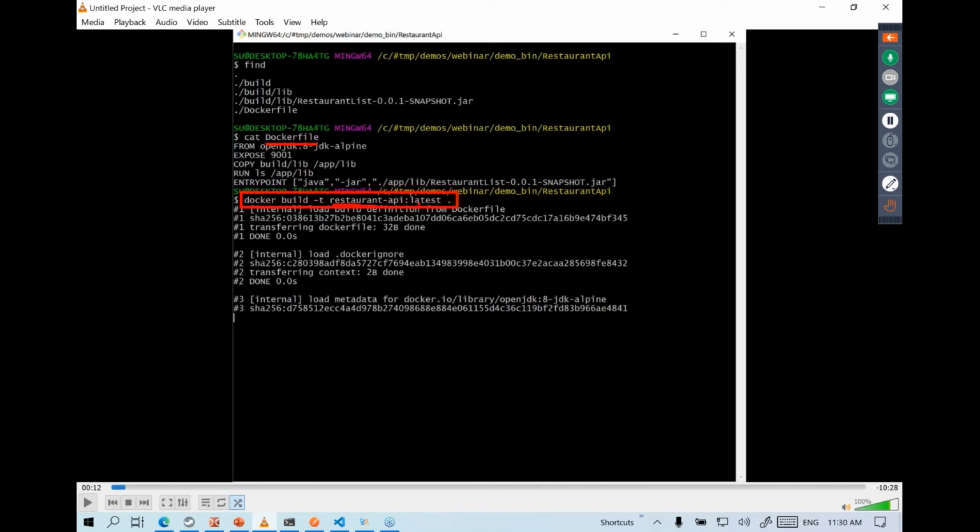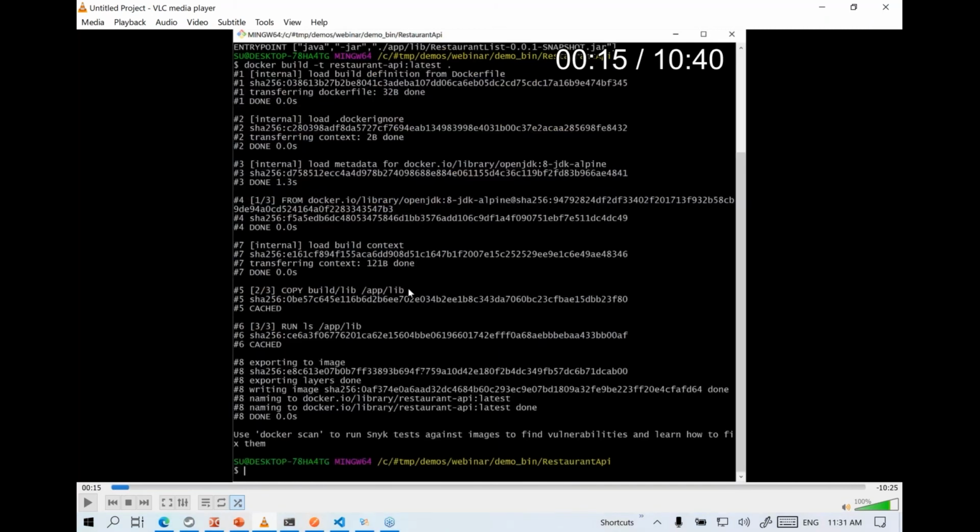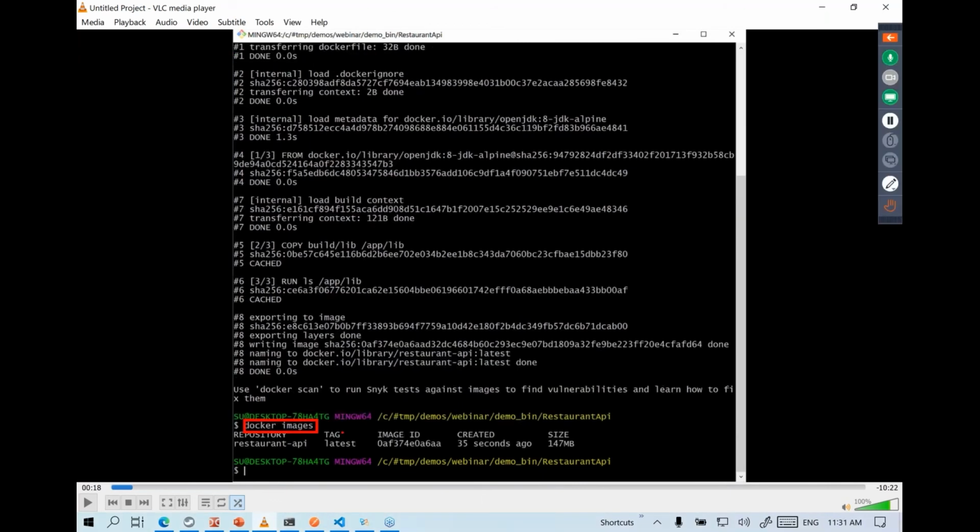So tags or labels, you can use them for versioning and so on, like version 1.0, version 2.0, and so on. So when you execute this command on a machine where you have Docker installed, after that, you can choose to obtain how many images we have on the system. So we will end up seeing this particular image, like we have just one at this point, restaurant API. And notice that the file size is fairly small.